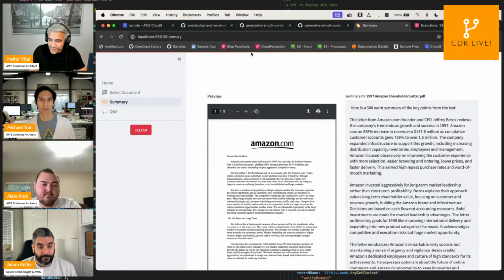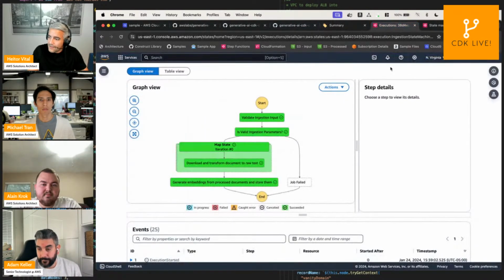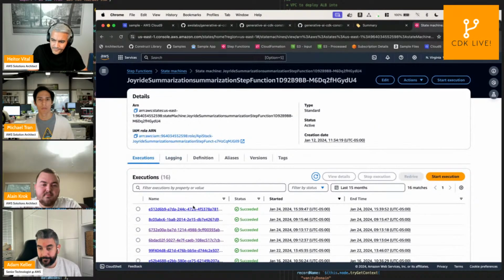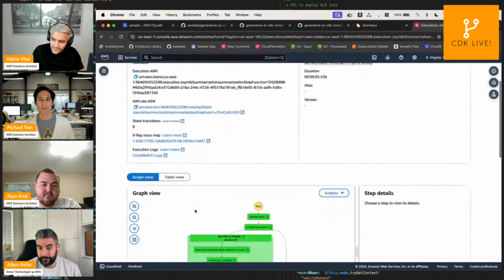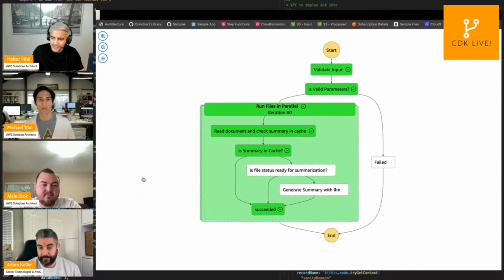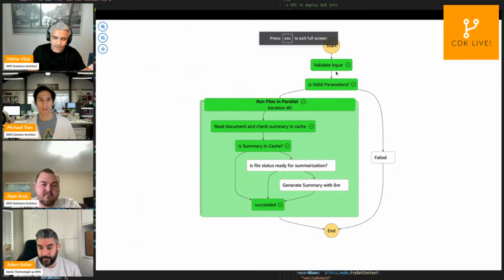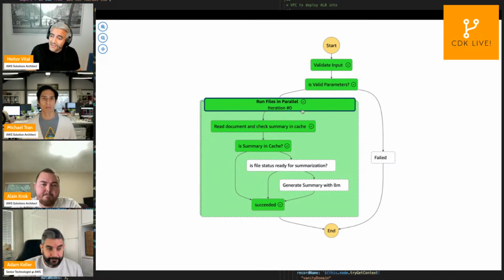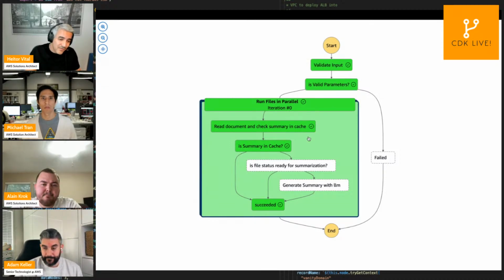If I go back to my step function console, you're going to see that there is another execution here for the summarization that I just did. And the workflow is like this. I received the request asking to create a summary of a specific document. I check if this document is available in the cache already.